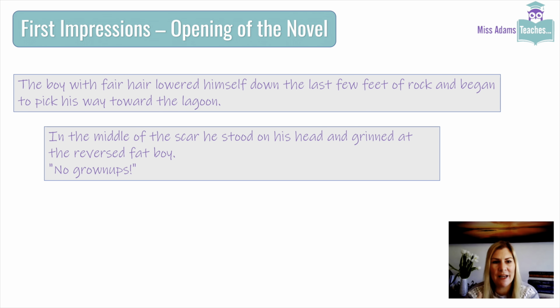So here we have him standing on his head in the middle of the scar. So very excited. There's a kind of obliviousness to his innocence as well. The fact that he's in the scar is symbolically foreshadowing the darkness and the pain and the suffering that will come, and the impact of mankind on natural environments. And he's there stood on his head, la la la.